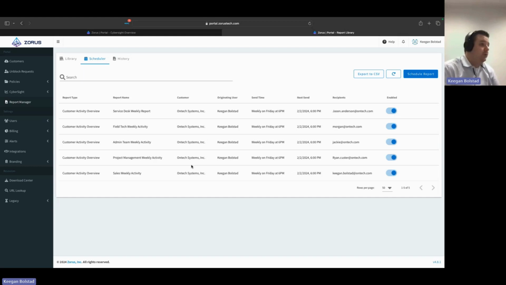Each leader receives a report every Friday afternoon of their team's time. They get a report of essentially those devices, what's happening and how it's going. Then it's on each leader to go have a conversation with the employee if they see or feel something out there that should be discussed. How HR chooses to interface with this at larger organizations, again, Ontech, we're smaller. We don't have an internal HR person. We outsource that aspect. So it really comes down to that leader for what we call lead, manage, and accountability,